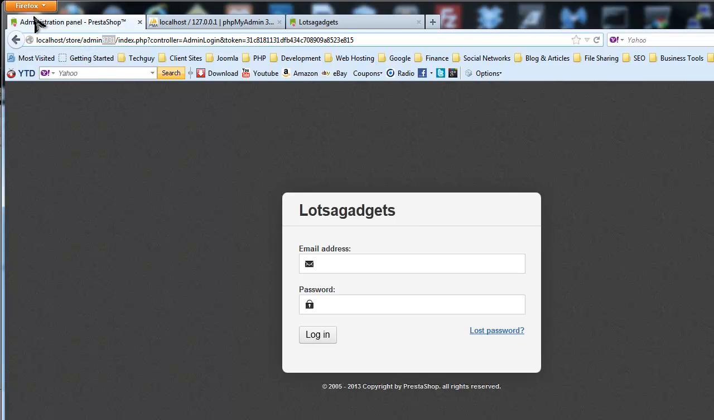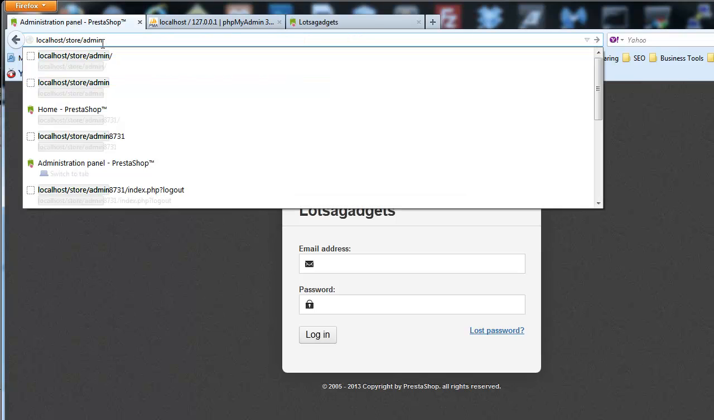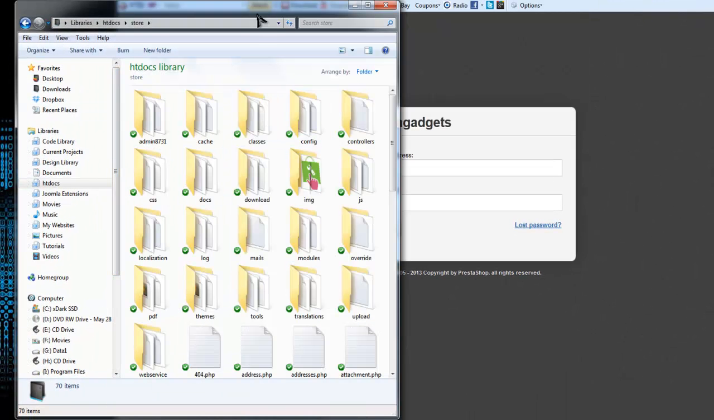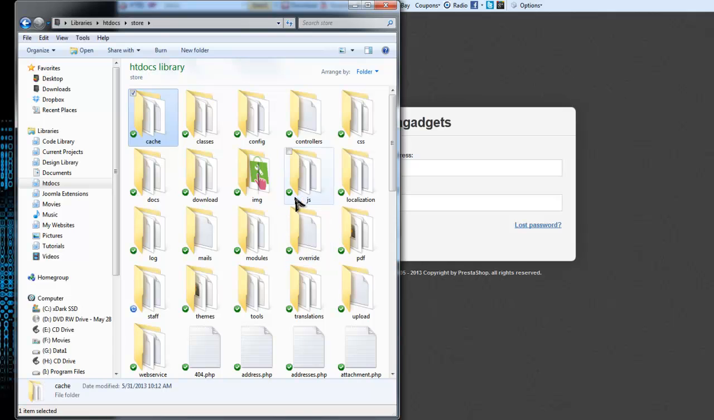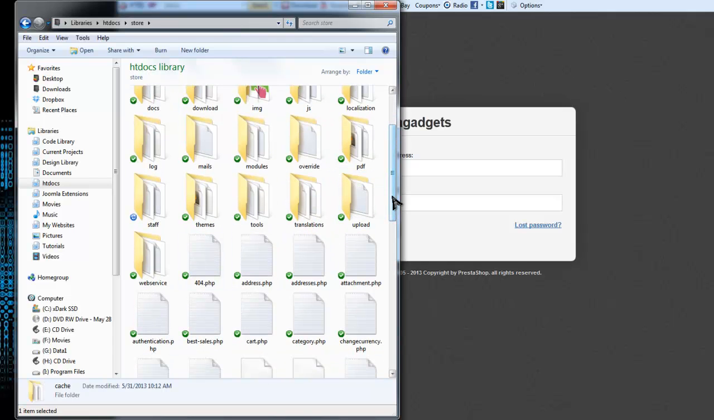At least I don't. So your initial thought is to just have it be admin, but it's a security measure that Prestashop takes that it won't let you name it just admin. We could name it just admin, but it will automatically tag the number back onto that folder. So we want to change it to something that's not admin, but that's easier to remember than a string of numbers. So if we go to our store folder, I'm going to change the admin 8731. I'm going to change that to staff,